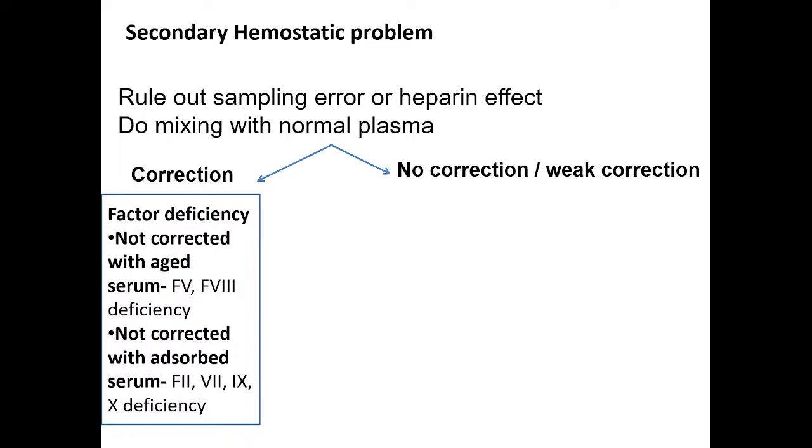अब ये क्या बोला है? एज सीरम और एब्जॉर्ब सीरम। एज सीरम मतलब सिंपल एज मतलब टाइम के साथ में उसकी उम्र बढ़ रही है, तो कितना एज? 24 आवर और 37 डिग्री सेंटीग्रेड जो बॉडी का टेम्परेचर होता है उसी पे रखेंगे। तो 37 डिग्री सेंटीग्रेड पे 24 आवर अगर हमने सीरम को रखा तो वो एज सीरम हो गया। तो उसमें कौन से फैक्टर कम हो जाएंगे टाइम के साथ में? जो लेबाइल फैक्टर होंगे जिनका हाफ लाइफ कम होगा वो ख़त्म हो जाएंगे। तो कौन कौन से जो शॉर्टेस्ट हाफ लाइफ वाले फैक्टर हैं, बोलिए? 5 और 8। तो 5 और 8 की उसमें कमी हो जाएगी, ठीक है।